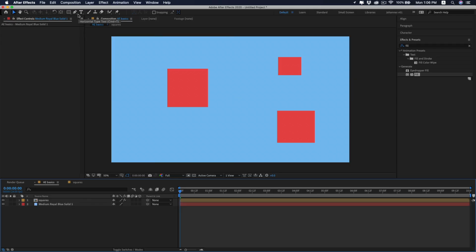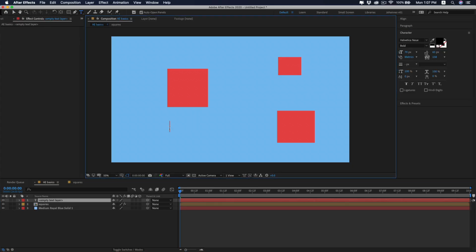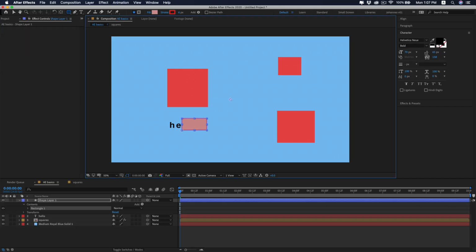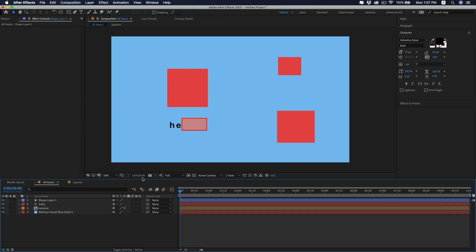Now we're gonna take a quick look at masking. So I'm gonna go ahead and add a text here. We can use anything to mask other layers, but I'm gonna make a square here, like that. And now if I wanna make sure that we can only see the last few letters that are now being hidden by the shape,